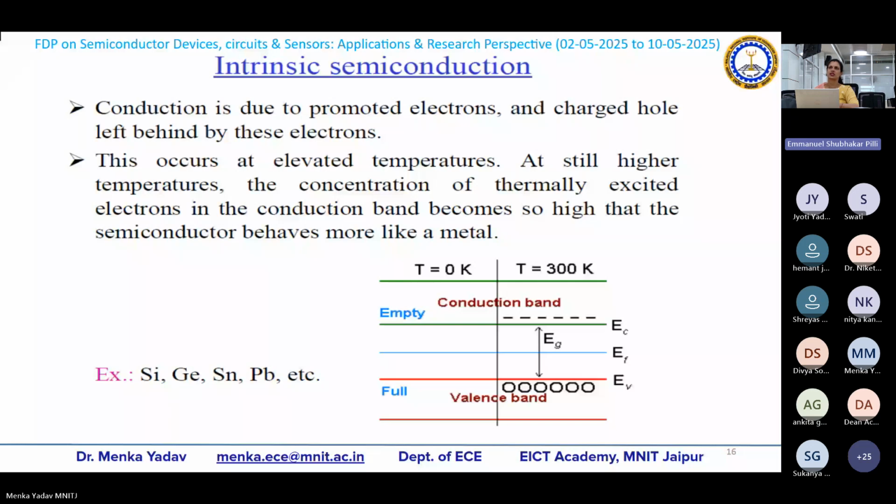So shall we stop for the day, or can we extend it for half an hour if you permit? Because on Sunday, the schedule is going to be disturbed because of some official assignment given to me. If you agree, we can start at 1 o'clock for half an hour, because today's half hour was not done for some reason. So if you permit, we can go for half an hour or 40 minutes.